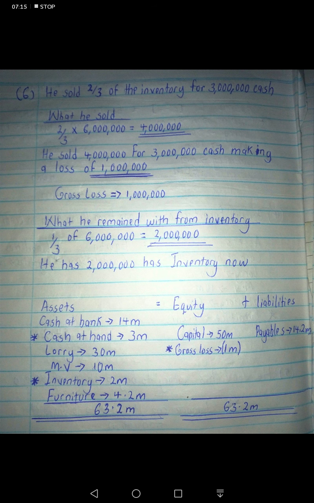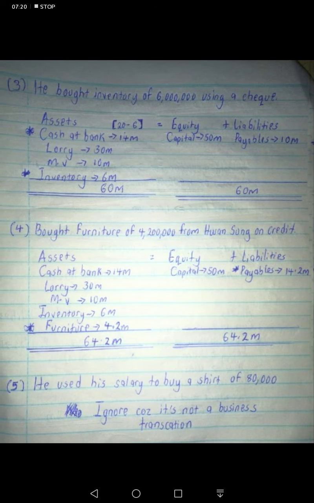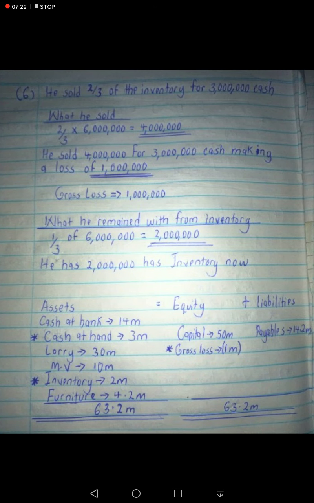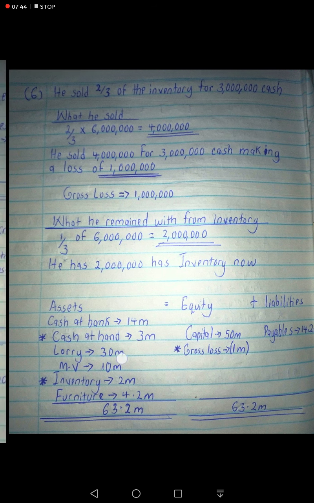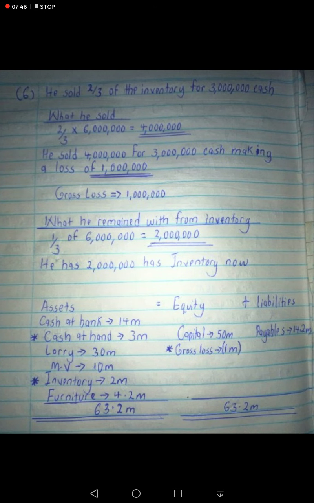So when I come to assets equal to equity plus liabilities, I'm going to record my cash at bank. Cash at bank previously we left at 14M, which is 14M still. Then we are bringing in cash at hand, or I can call it cash, which came from the sale of inventory. So it's going to be cash at hand of 3M, then lorry 30M, a motor vehicle of 10M remaining. Then inventory, remember what we remained with. We remained with 2M. From the 6M we remained with 2M, and then furniture of 4.2. So when I add all this, it is going to give me